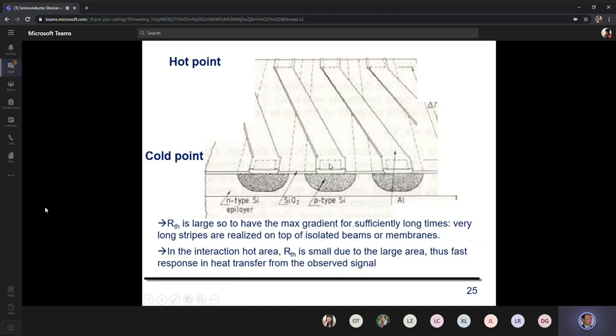One contact is here and one contact is there, and other contacts are on the other points, okay? And then first of all, we grow an insulator like silicon dioxide. So we isolate the structure that is underneath from the metal layers that will be deposited later, okay? And then we deposit aluminum strips,